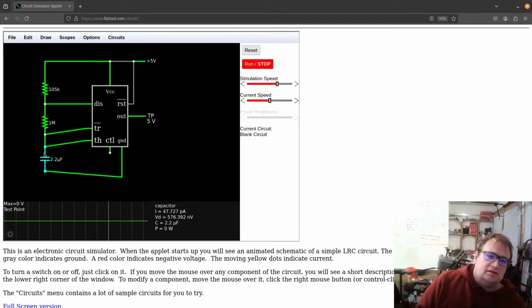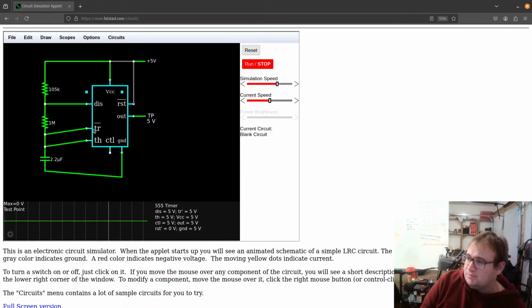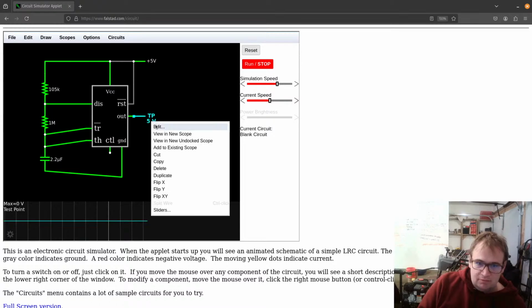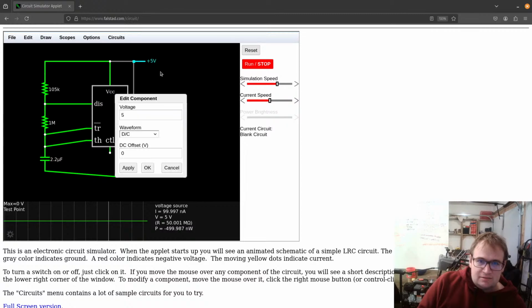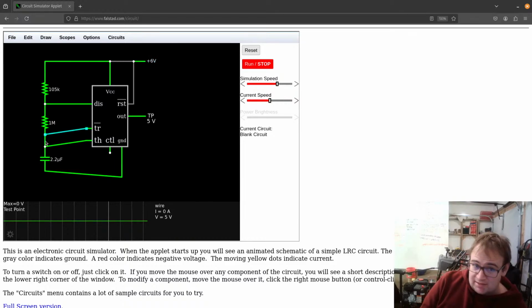When one of these two, let's say it's the trigger pin, because that makes sense to me, gets up to 2/3 of 5 volts, well, we're going to make this easy. Cancel. That's the trigger pin. We're going to put this as 6 volts. So when this trigger pin gets up to 4 volts,